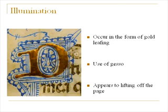The illuminations in the text, somebody earlier used the word utilitarian, and this text is very utilitarian. It's not embellished a whole lot. It's very sort of sparse, but it gets its point across. The illuminations are only that of gold leafing of significant letters within the text. They usually begin at the beginning of a psalm or scripture or prayer, or at the beginning of a new